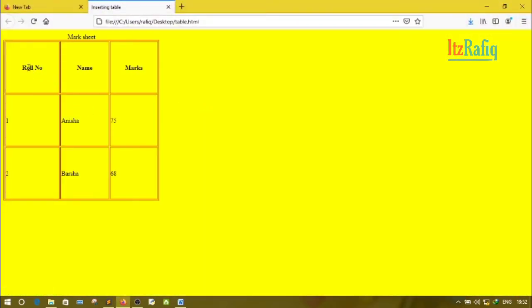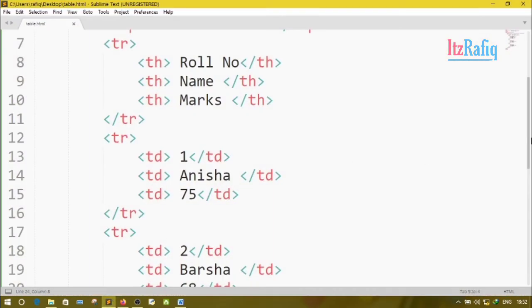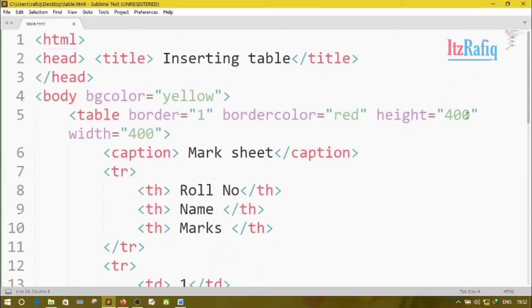The borders are displayed in red color and the text size is too small because I have not set any size for the text, so it is displaying in small size. Now suppose I need the height a little less, then we can go in body and here we can set the height to 200. And for the text size, as it is too small, we can write here